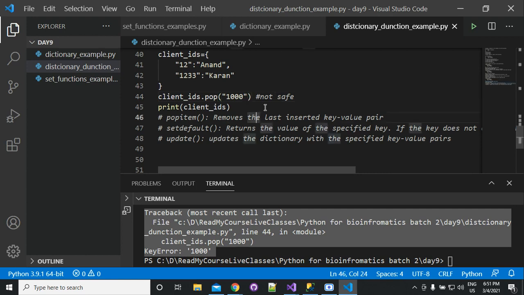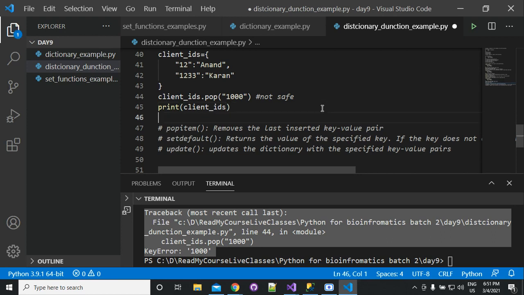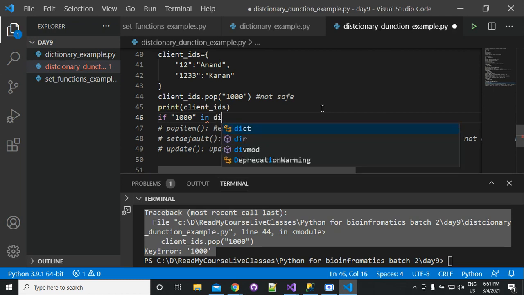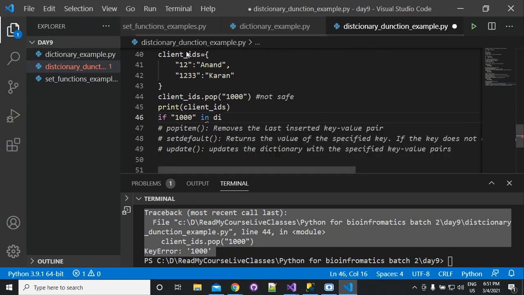One way of doing that is, suppose that we want to delete the client information about the client ID 101, then we can use if. We will write if 101 in client IDs dot keys.